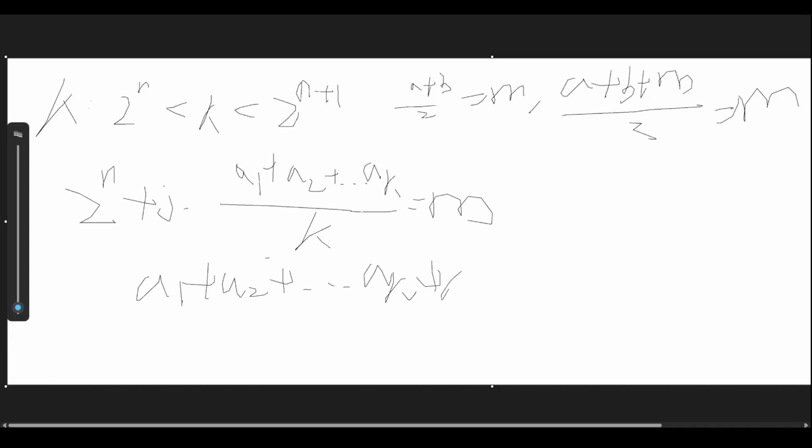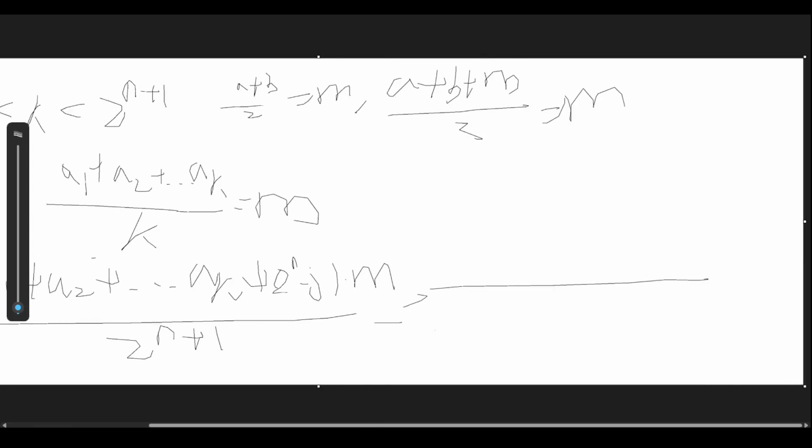So plus, we keep going dot dot dot. Well, actually, we don't need the dots. We can just say it's 2 to the n minus j times m, right? Because we're adding that many m's, and then we are getting 2 to the n plus 1. So now what's nice is that we know that we have proven the AMGM for 2 to the n for any n. Then it must be proven for n plus 1 as well. So since that is the case, we can now say that for sure this thing is greater than or equal to the 2 to the n plus 1 root,